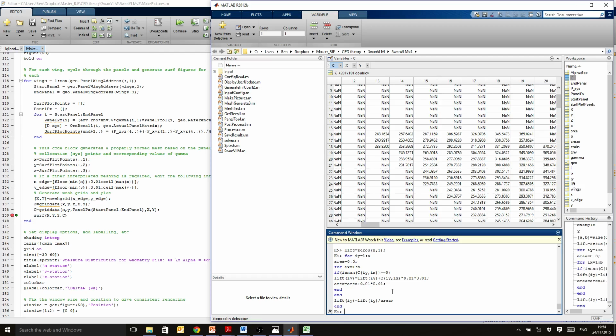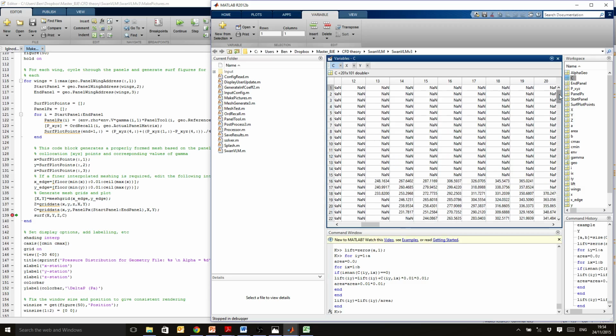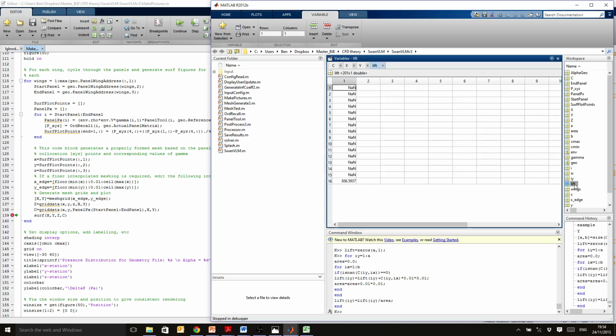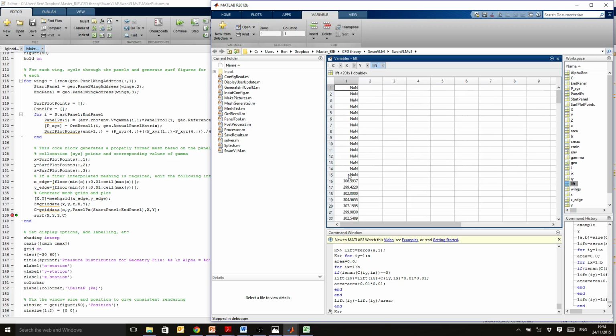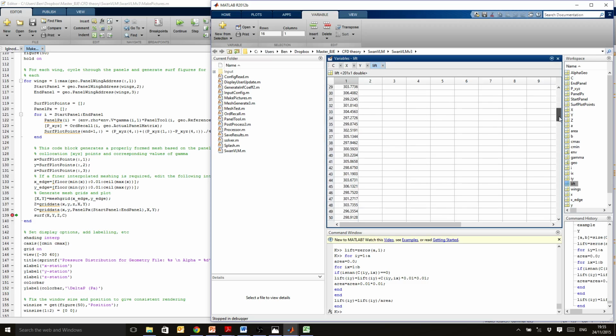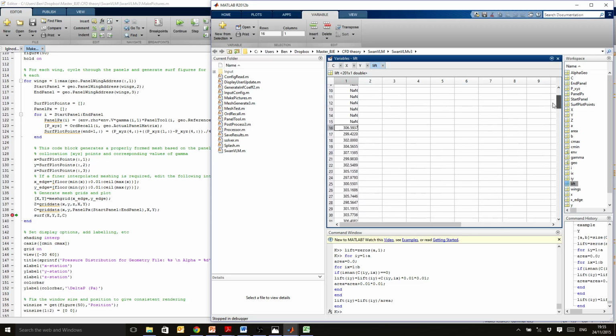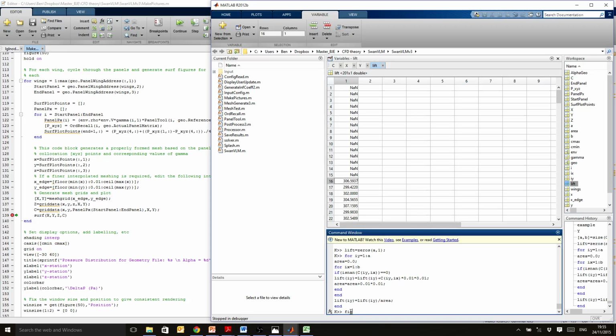And now I've got a new variable called lift, which basically should have 201 values in it. And I can double check to see if that's correct. Yes, it does, 201. Now some of them are NaN, because at these Y locations, the wing didn't exist at these points. So this is effectively the root of the wing, and then going out towards the tip of the wing down here. So what I'm going to do is create a little figure